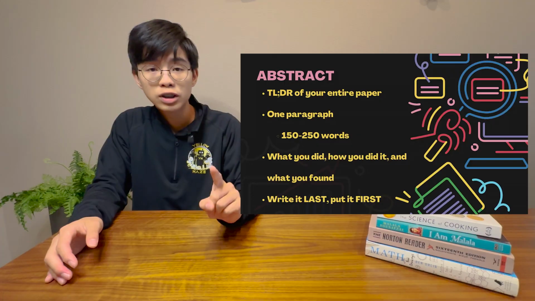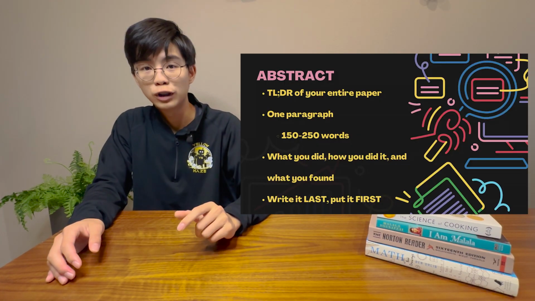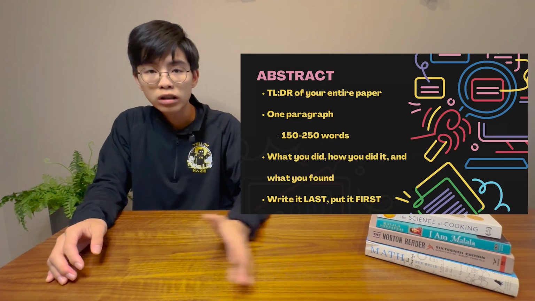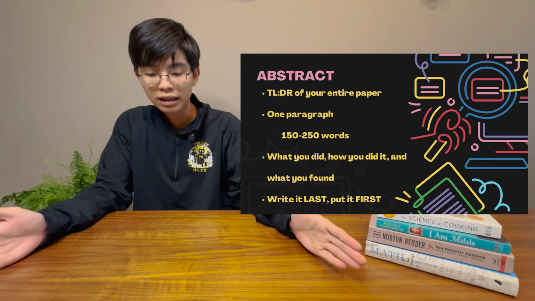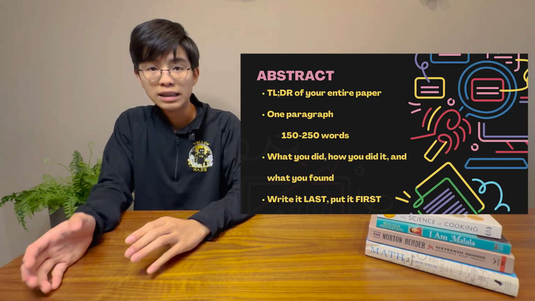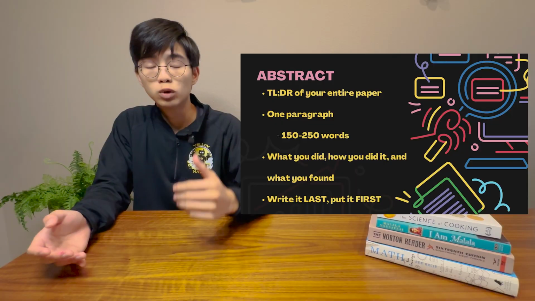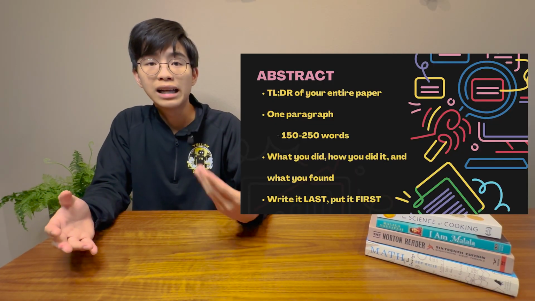A great tip for this one is to write the abstract last, but you put it first in your research paper. And the reason you write it last is because by the time you've written about your methodology, your results, your conclusion, your data, all you have to do for the abstract is basically condense what you've already written down, right? Instead of writing it from scratch, you can just condense down what you've already written into those 150 to 250 words, which is a lot easier to write,